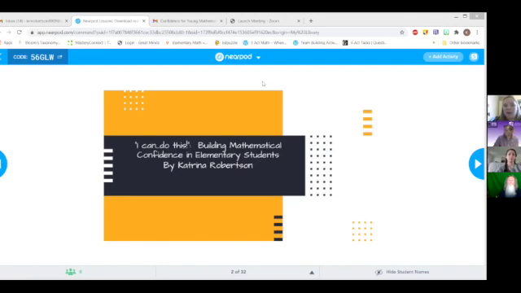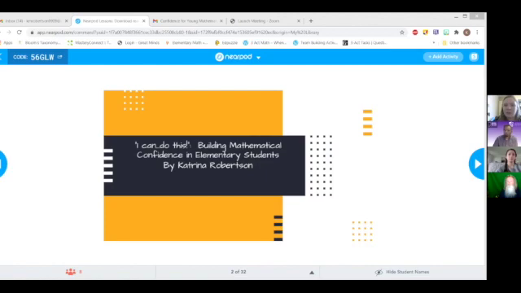And so we'll go ahead and get started with our title today. It says, I can, and I put dot dot dot, because I emphasize the dots. Many times our students say I can, but then they're kind of like, what can I do? What are the words after that statement? So we're going to emphasize today the importance of clarity and communication with our students to help them build that confidence. So I'm going to go to our next screen.